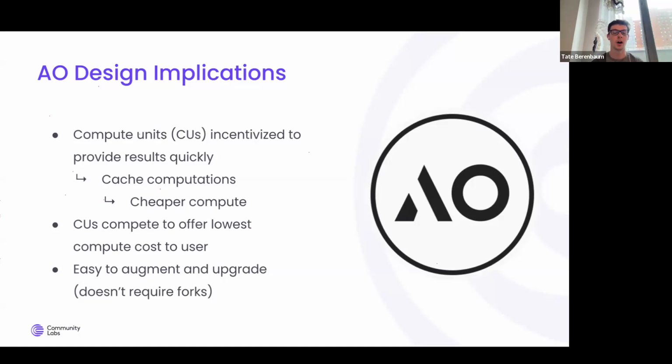And it's also easy to augment and upgrade. AO at its core is actually a protocol. It's not necessarily a decentralized network. However, people are building a decentralized network around it. And the cool thing about AO's mechanism design is that because it's baked into the protocol layer, it's actually much easier to augment and to change and to scale the protocol layer than it would be with a blockchain like Bitcoin. You don't have to hard fork things to be able to improve the way the system actually works. As long as you abide by the rules of the protocol, people are free to build their own implementations.